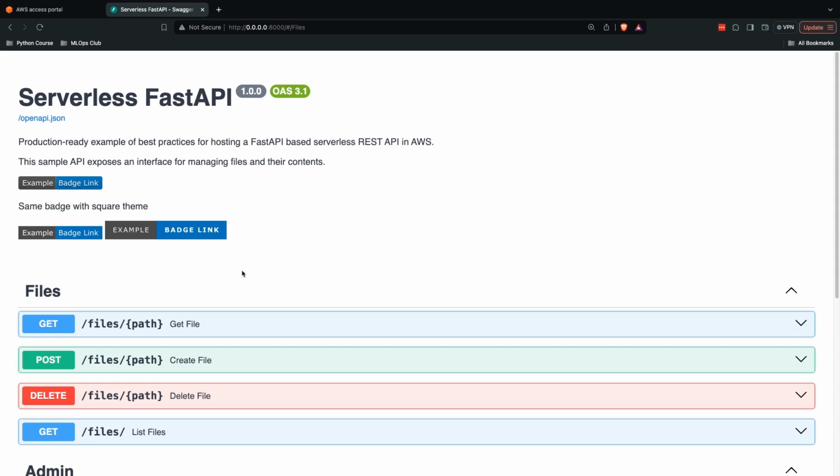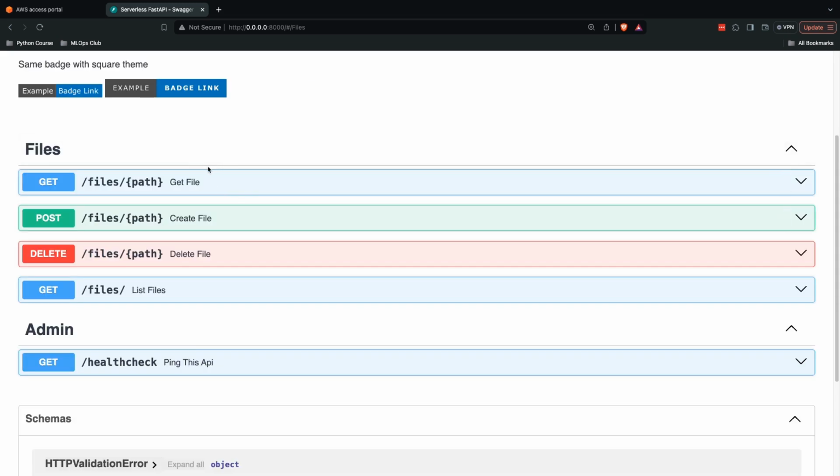Okay, so what exactly is this REST API? Well, it's basically a file management API. We can use this API to read and write and delete files from some sort of file storage. And I'm intentionally avoiding saying reading and writing files to an S3 bucket, even though that's what it does. And the reason why is because